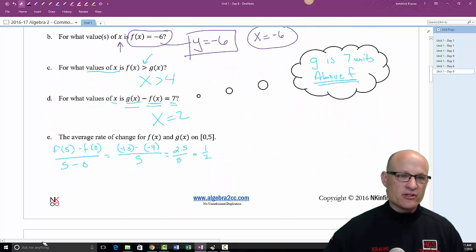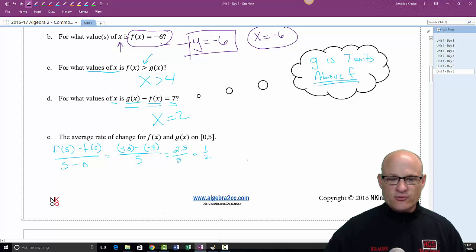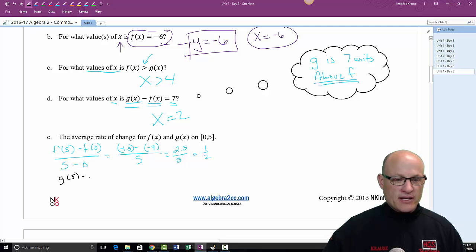We're going to do the g of x. I'll do it in a different color though. We'll go with black. So for g of x, we're going to do g of 5 minus g of 0